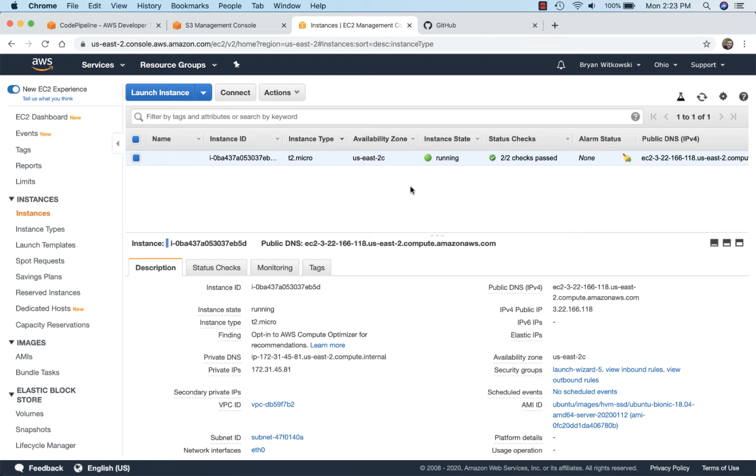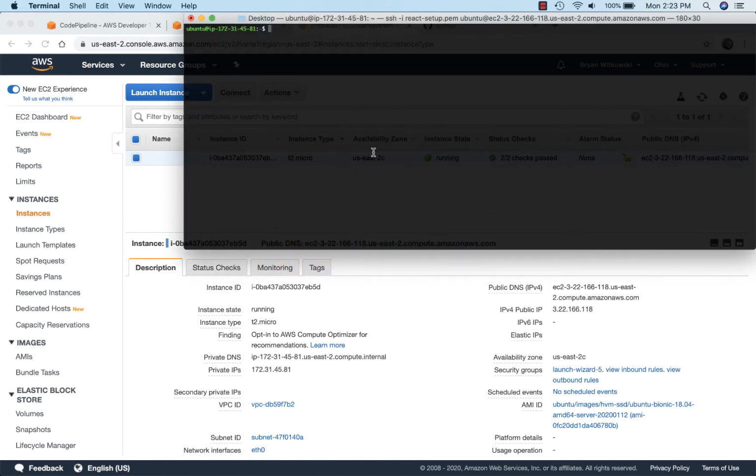So I have my EC2 instance running, and I have my public DNS. I have SSH'd into that EC2 instance, and right now I'm in the home Ubuntu directory, which is really the root directory for that user account. I've installed Node, so if I look, I have Node installed. That installation happened already. And because of that, I can use the create React app process to create a React